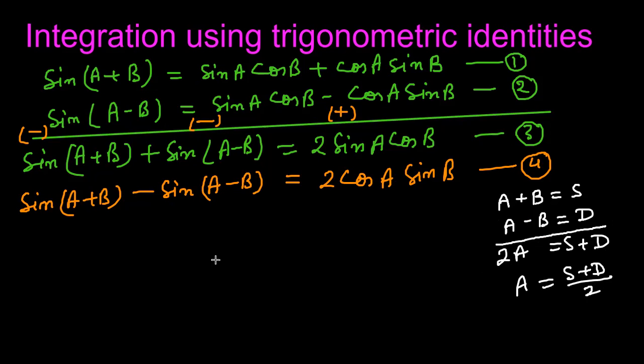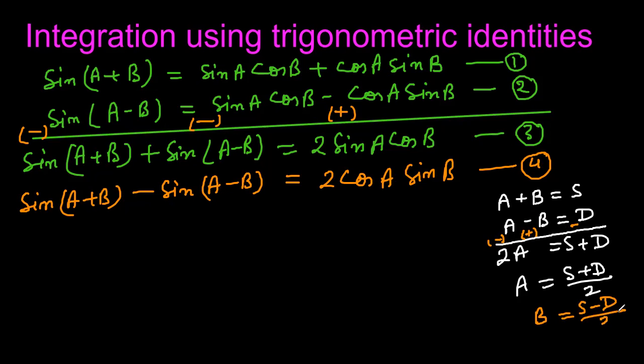Now to find B, what you can do is you can actually subtract this equation. So when subtracting, you will put a negative sign there, positive sign, and then negative sign. So then you will get 2B equal to S minus D. Yes, 2B equal to S minus D means we can replace B as B is equal to S minus D